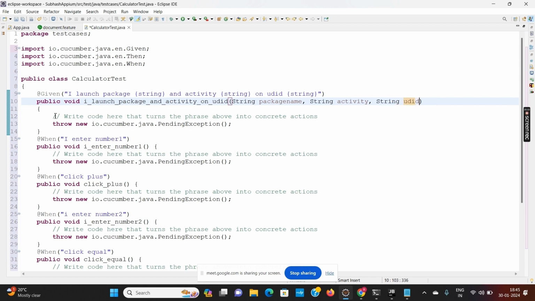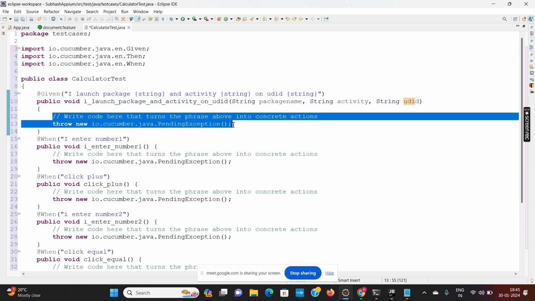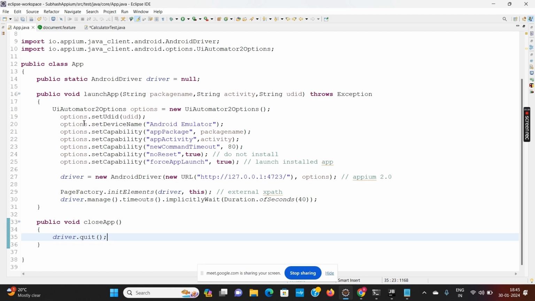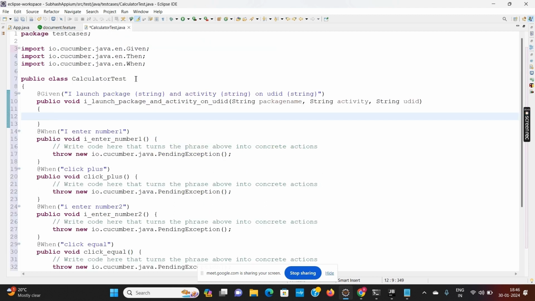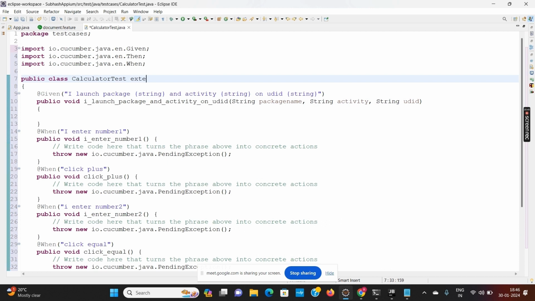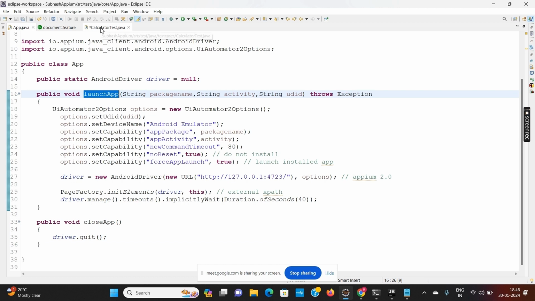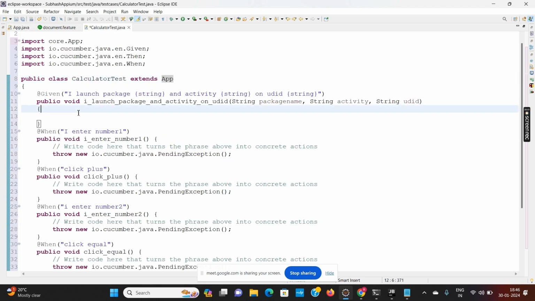Now we have already written code in my App.java here to launch the app. Like we were inheriting Page, similarly I will use extends App. So when I extend App, I can inherit this launchApp method, like I was inheriting openBrowser.